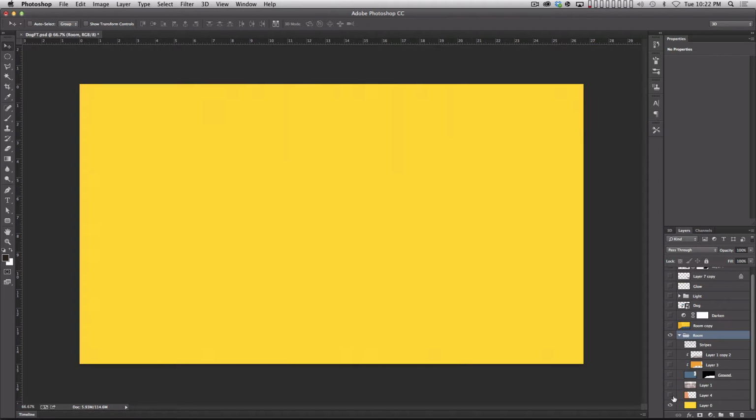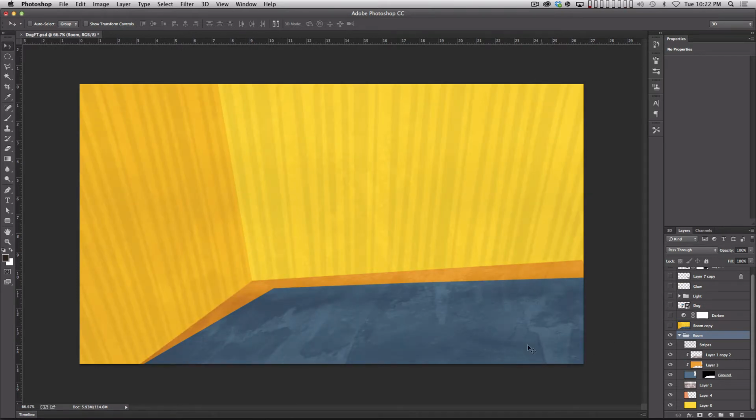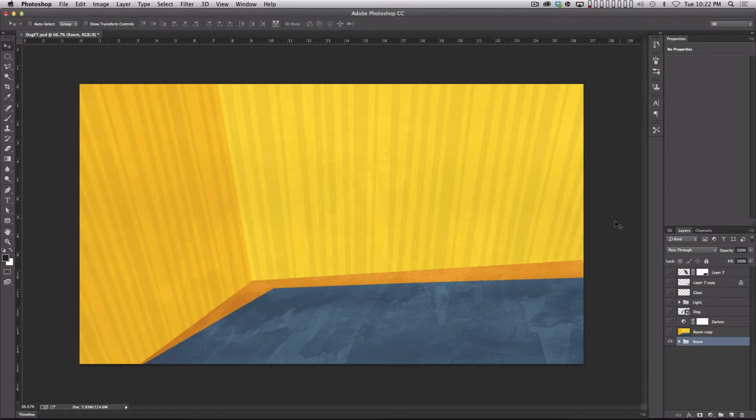If you go through, I've got my background color, and then a shadow color with a little texture, and then the floor with a little highlight color to it and some more texture, and then I put some stripes on the wall. Okay, that's all it is, just a bunch of junk in Photoshop. And what I did